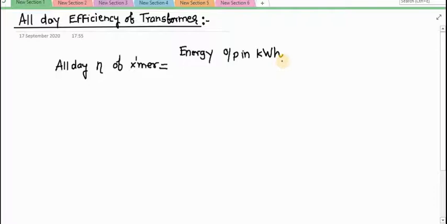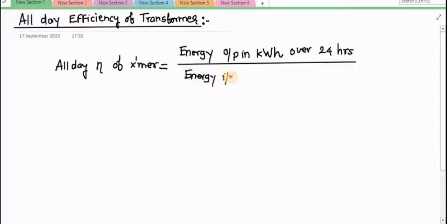Therefore, the efficiency is computed on the energy basis, and hence in the numerator I am taking the energy output in kWh over 24 hours, divided by energy input in kWh over the same period, means over 24 hours, into 100,